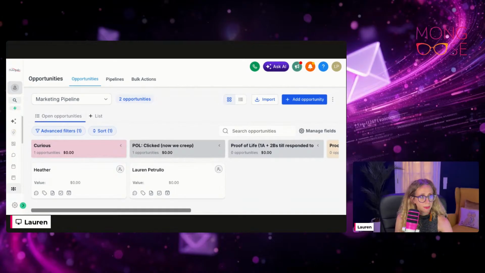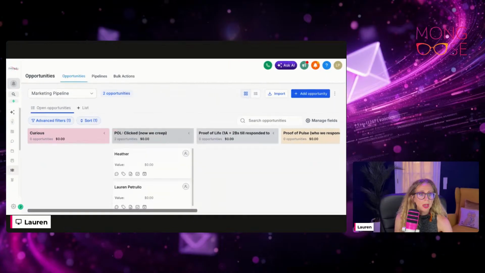So then say we have multiples. Let's say both Heather and I had clicked. We can have a hit list, a priority list of who we want to go after, based off of their lead score. I'm just going to zoom out a little bit. If you're in the B2B space, you have someone that does dial outreach, someone that does email engagement, personal outreach in emails, personal outreach in socials. I know that Heather has a higher score because of her email activity. I'm going to prioritize her first.